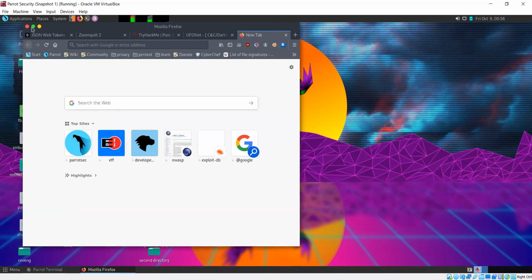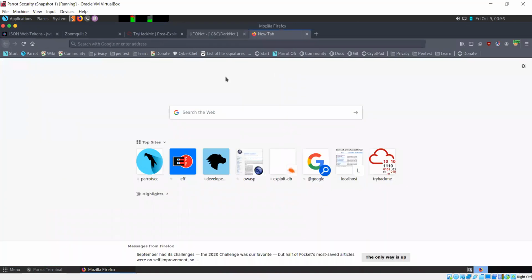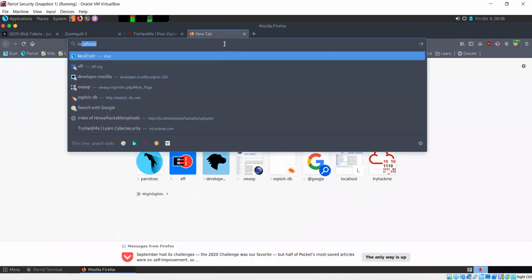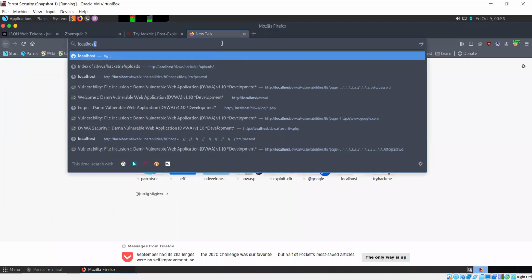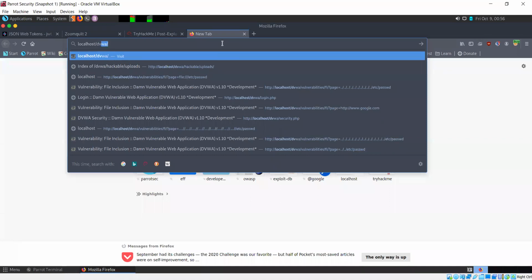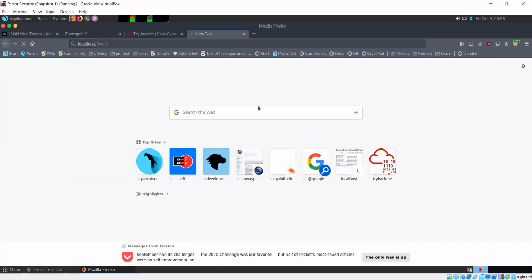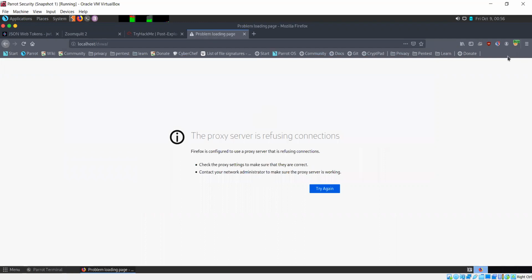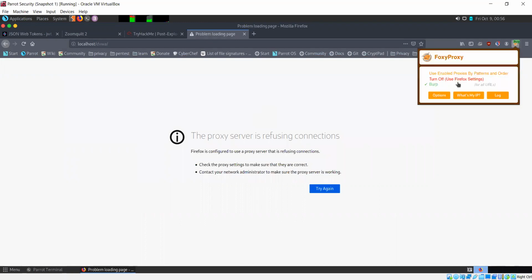Now let's go to our DVWA instance. Okay, host and DVWA. We're not using Burp on this app.